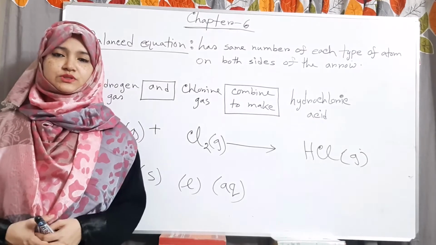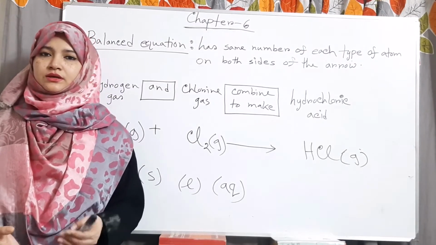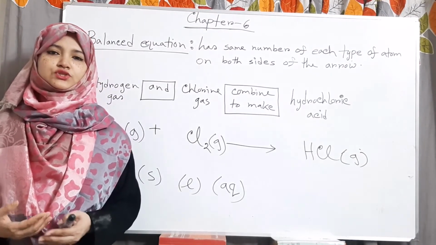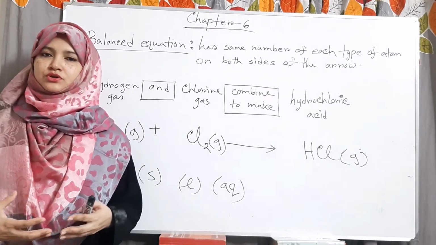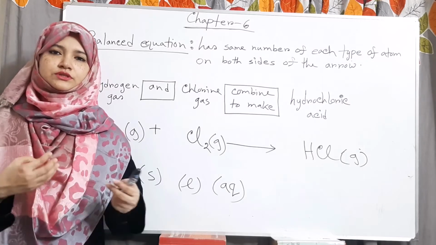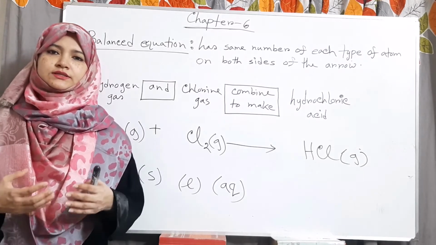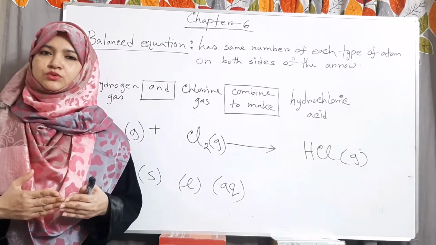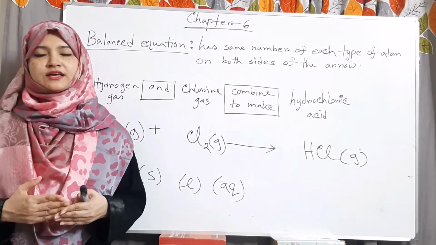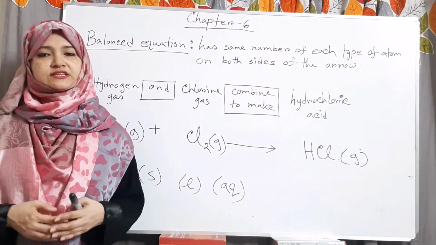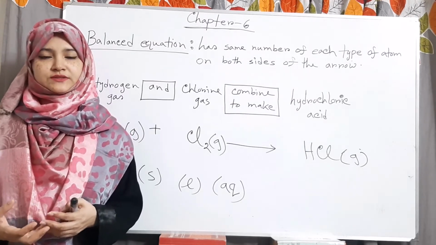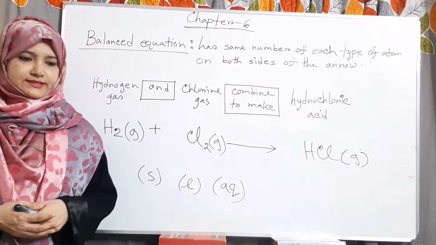And for any exothermic or endothermic reaction, if the equation is to show how much heat has been produced or absorbed in a chemical reaction, then the equation has to be balanced, and the physical states of reactants and products are to be written. For example,